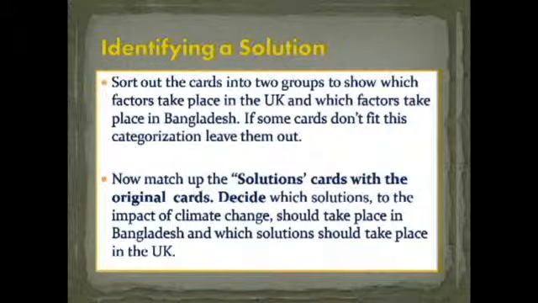Now if you notice on your cards, you have almost 2 different stories occurring, right? You have the story of Runa, and then you also have the story of whom? Shatraz. So what I need you to do now is to categorize both of those stories, because one of them is taking place in Cox's Bazar while the other is taking place in the United Kingdom in London. So categorize those cards for me.